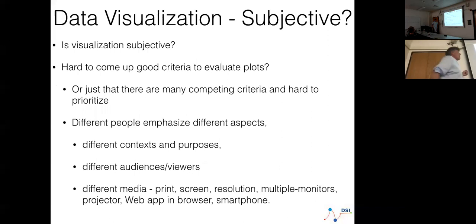Okay. One of the problems, I think, is: is it subjective? It definitely is, because what we see is slightly different from what everyone else sees. There are probably some cognitive scientists here who know that a lot better than I do, but we all see slightly differently, so you've actually got to take that into account. That's why you have to figure out your message and make sure the message applies. But how do you actually decide what's a good plot? How do you decide how people will extract the message? It's somewhat hard to come up with good criteria to evaluate plots.